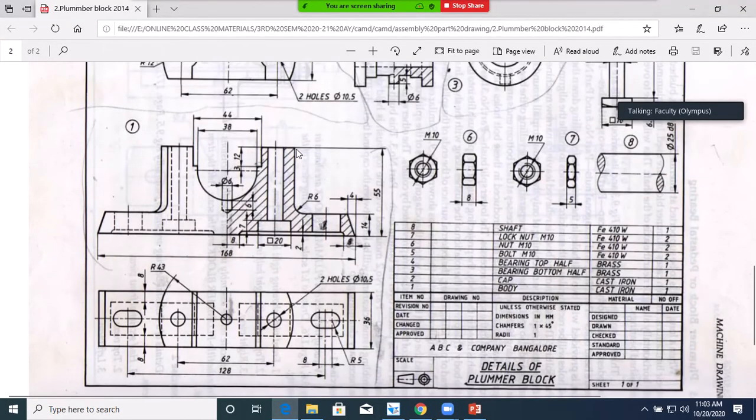If this end point is 43, and this you already drew as 22, then 43 minus 22, how much? 21, right? 43 minus 22 is 21. Do you get what is the distance from here to here? Do you get?